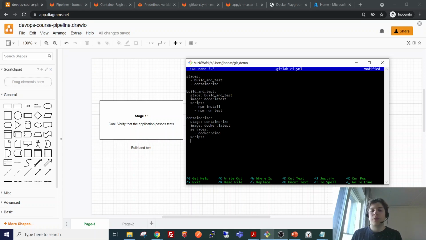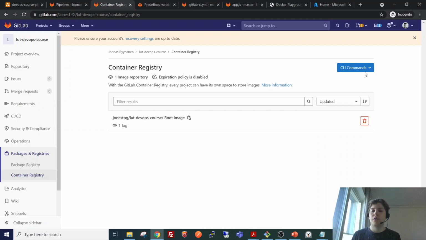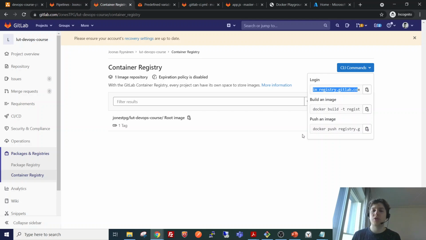So now we will access the container, build the image and then push it to the container registry. As we remember, the manual way to do this is to first authenticate into the server, then build the image and finally push the image.